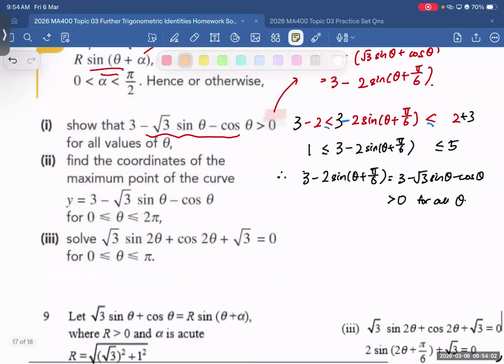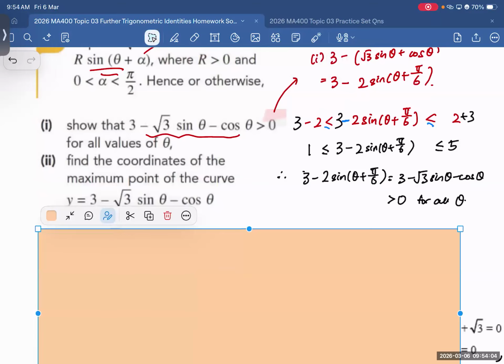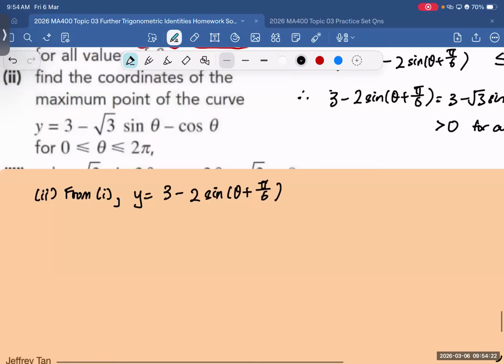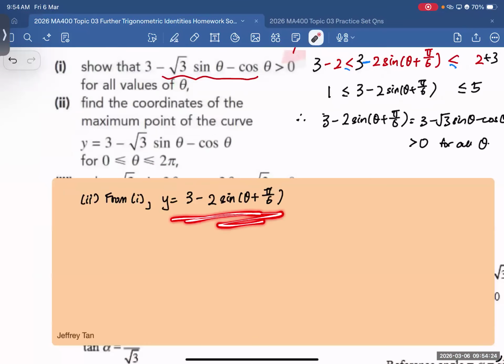Okay, so now I go to part 2. From part 1, you already know that your Y has gone through surgery and now it looks like this. So can I ask you, for this to be at its maximum, must the value here